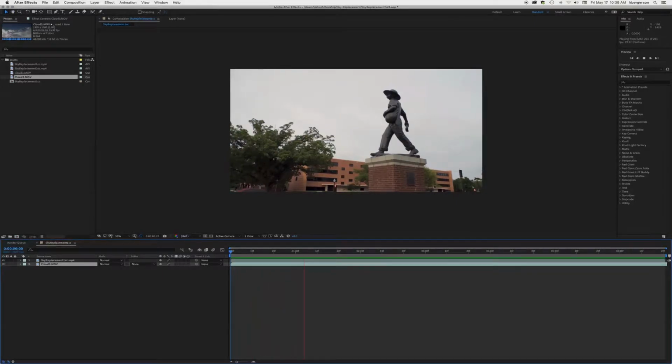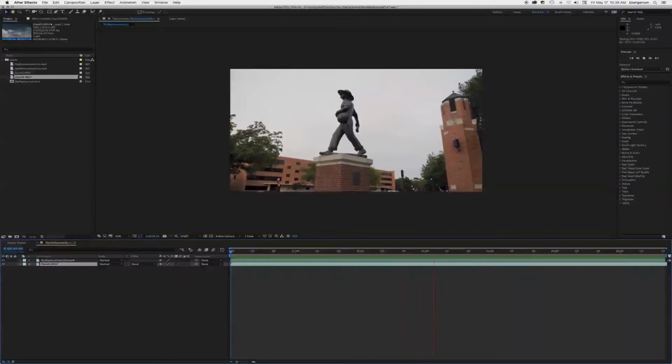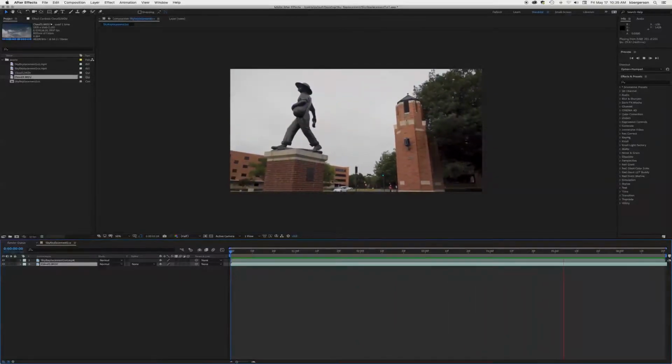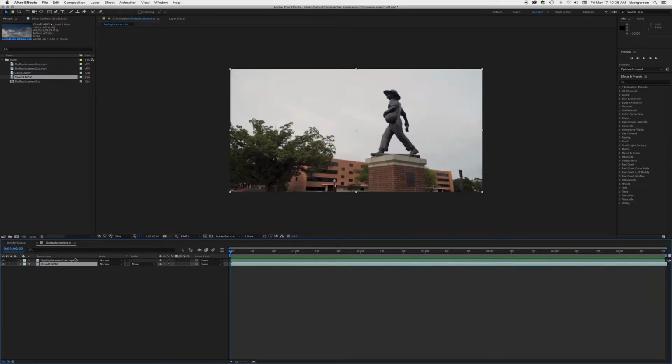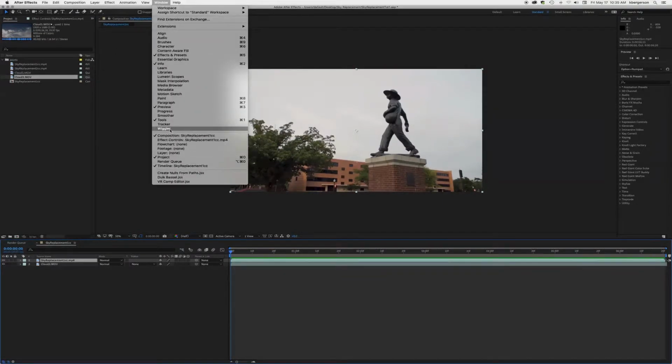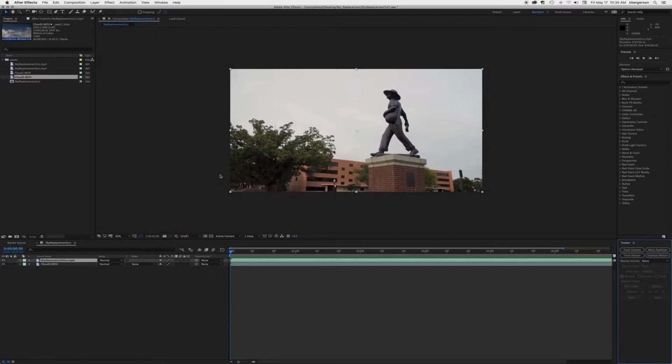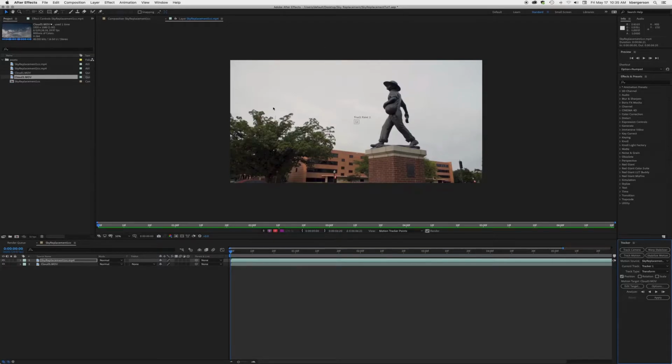So let's watch the shot, and you will see that there's a pan in it, and so we're going to need to track our sky to go with that pan. And so we'll start by going back to the beginning of our shot, making sure that sky replacement is chosen, and we will open up our tracking window. And with that sky replacement still highlighted, we will click on track motion, and that will open up the footage